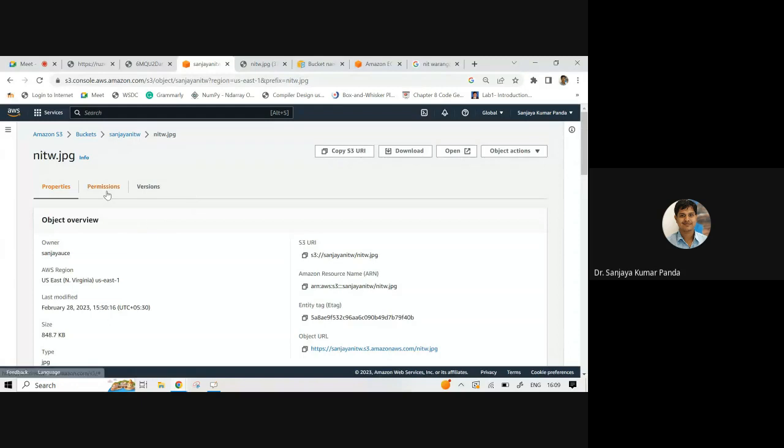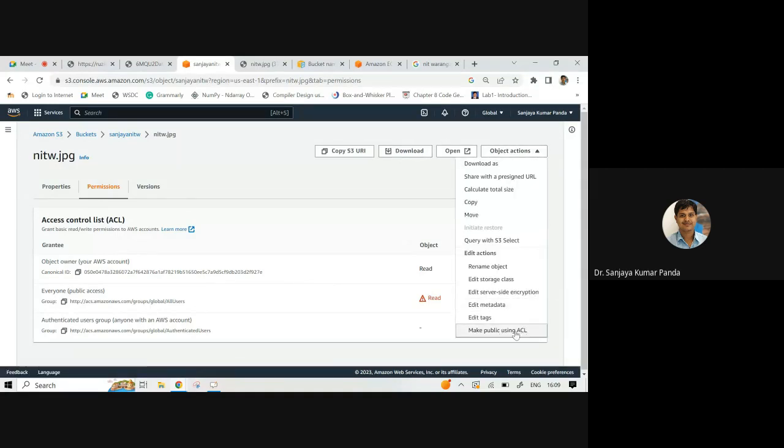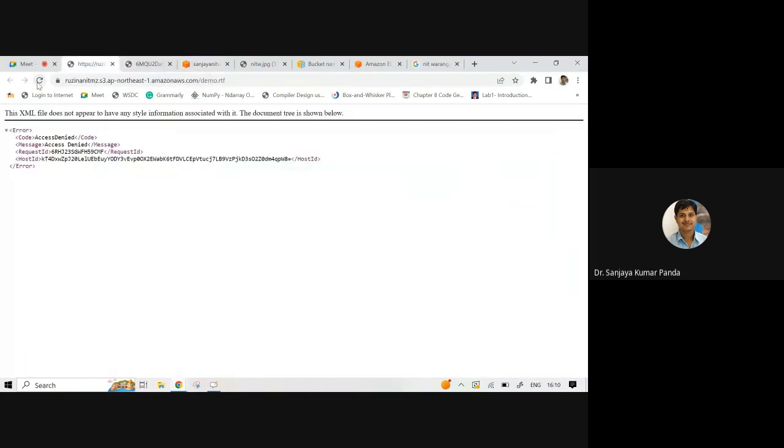You click the line, one sentence is there. You have to click it, make ACL enabled, then object action to make public using ACL. Then we will be able to see your image.